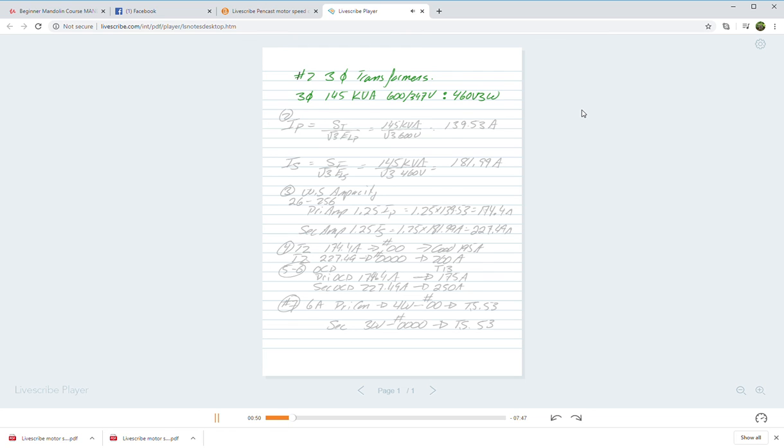So again, the primary, the line value is 600 volts, and the secondary, the line value is 460 volts. Well, and just the same as when we were doing the three-phase calculations, cut me a little slack there. I'll try to keep the line values a little neater for the next ones. I'm still trying to figure it out, right. The first and second thing it wants you to find is I primary and I secondary. So again, if you're finding I primary,